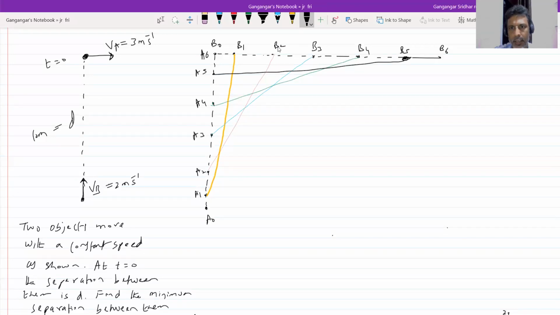Sir, it would take only 5 seconds to reach B0, sir. I can make the time interval anything. No, I didn't say the time interval is 1 second, I can adjust the time interval. Okay, you measure the distance. You measure the length A0B0, which is 10 meters. Now measure the lengths A1B1, A2B2, A3B3, A4B4. Definitely A5B5 will be greater than A4B4.